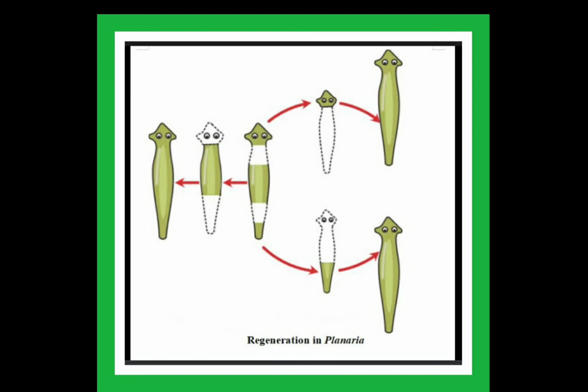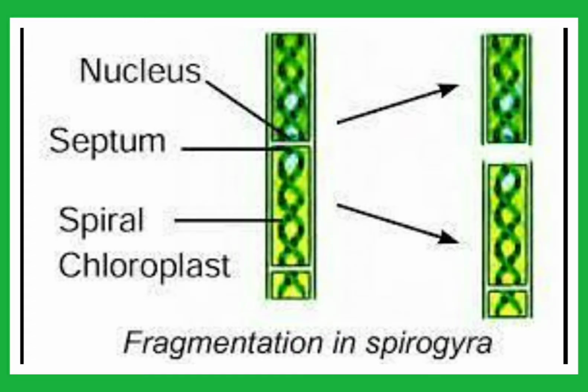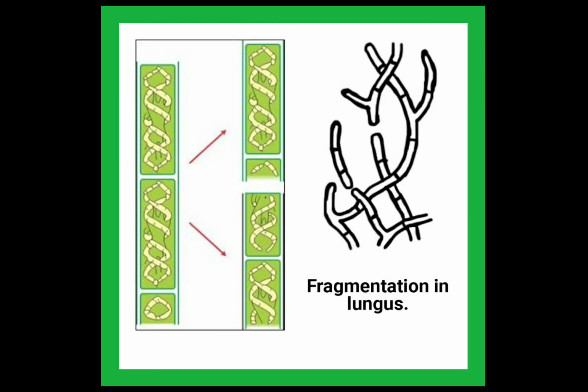Then filamentous algae like Spirogyra show a type of asexual reproduction called fragmentation. If the body of the Spirogyra is divided into 2 fragments, each fragment can grow and establish its independent existence. In fungi also, when fungal hyphae are broken, that's called fragmentation. Again, each hypha becomes established by itself. Another example for fragmentation is the protonema of mosses, which come in bryophytes. They are also fragmented and each fragment shows independent existence.